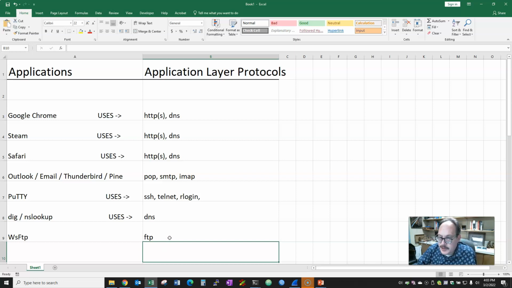There are actually 2 channels, and this is an interesting protocol. None of the other ones do this, but FTP operates in 2 channels. It has a control channel and a data channel. So I'm going to show you a little bit about that here in our demo. We've looked at the DNS traffic,